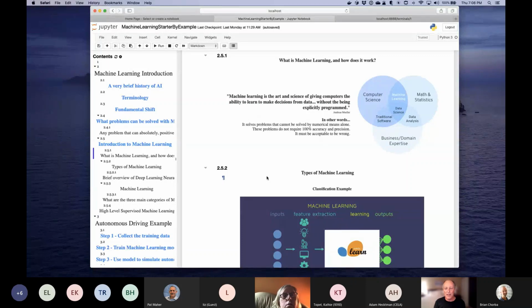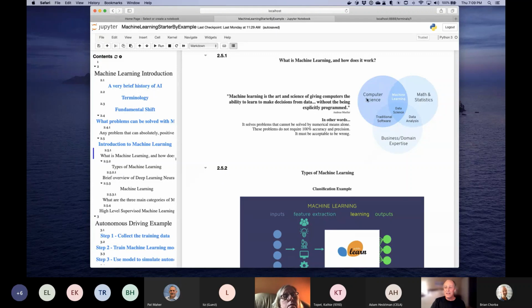And so I like this definition. I attribute it to Andreas Müller, who is the author of Scikit-learn, but I'm sure this came from somewhere else. So machine learning is the art and science of giving computers the ability to learn to make decisions from the data without being explicitly programmed. And that gets back to what I was talking about before. It's changing the whole shift of how we develop software. I'm not going to explicitly program to look for these patterns. Instead, I'm going to collect the data that represents my problem and then train the model to recognize those patterns. So it's a completely different mind shift on how we solve the actual problem that we're trying to solve.